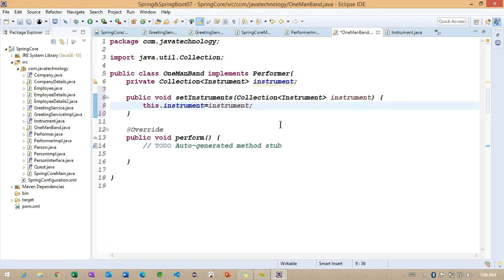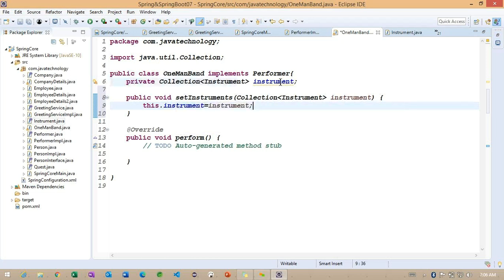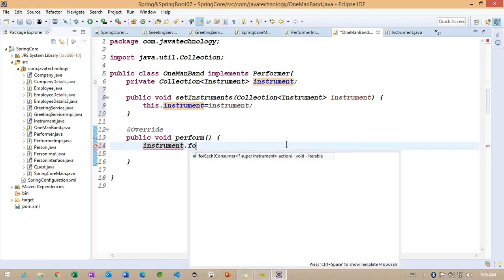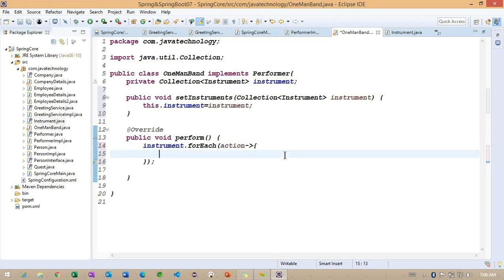Now observe what I'm doing here. I'm defining this collection of instrument objects. Later, using this instrument, we are going to call the play method.